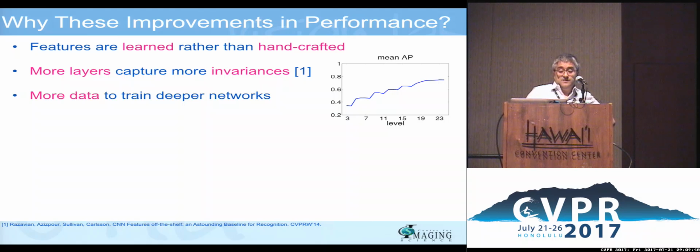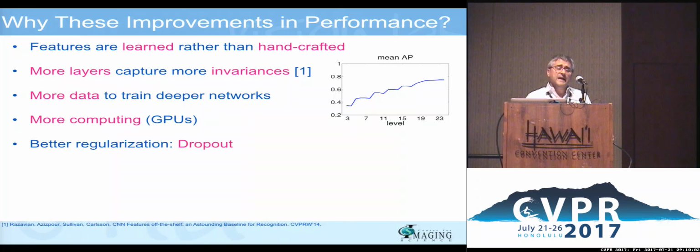Now, the other reason for the success that is given is, well, we can try lots of network architectures and we can feed them with very large data sets because we have a lot of better computing. Particularly, fortunately, the algorithm for training deep networks is very suitable to implementation in graphical processing units. But the other reason that people are starting to argue is, well, if you actually look at the networks from the 80s and you compare them with the networks of today, other than the fact that the networks are bigger and that the amount of data is more, what are the actual changes that have happened?